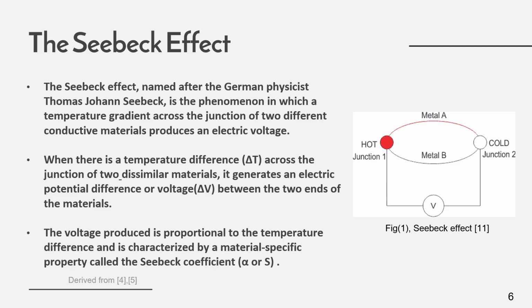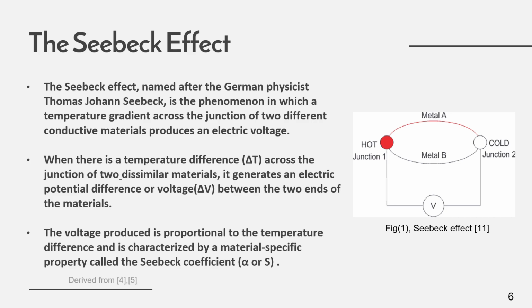As we can see in the figure, there are two dissimilar metals, metal A and metal B, joined at two junctions, junction 1 and junction 2, and one junction is at a higher temperature compared to the other. In such a scenario, a voltage will be generated across the two junctions. This is what the Seebeck effect says, and the voltage produced is proportional to the temperature difference and is characterized by a material specific property called the Seebeck coefficient of the material,